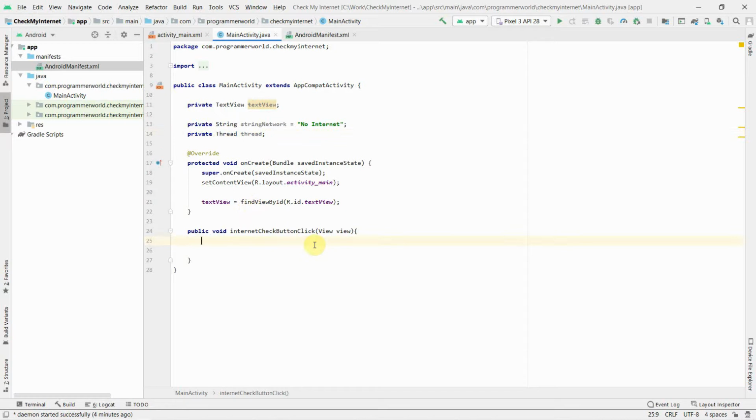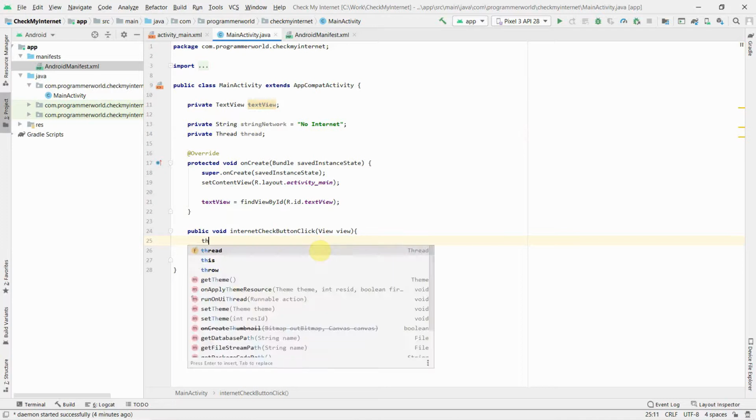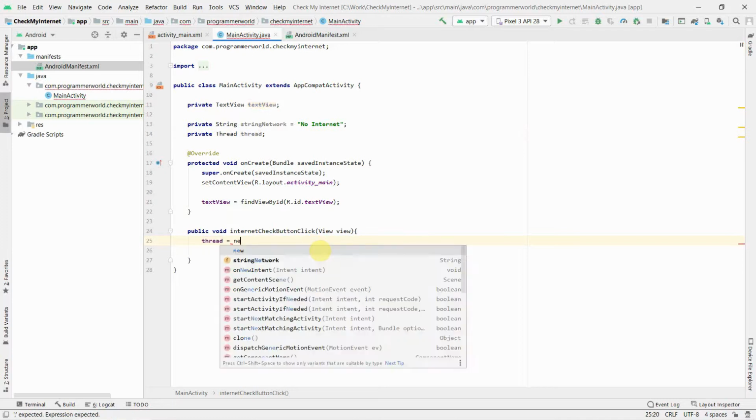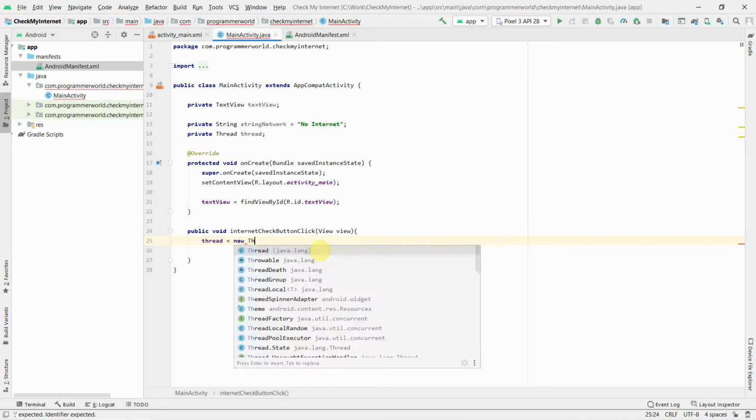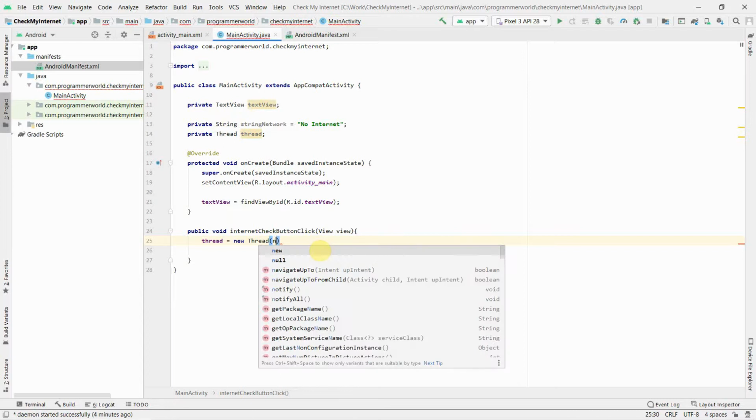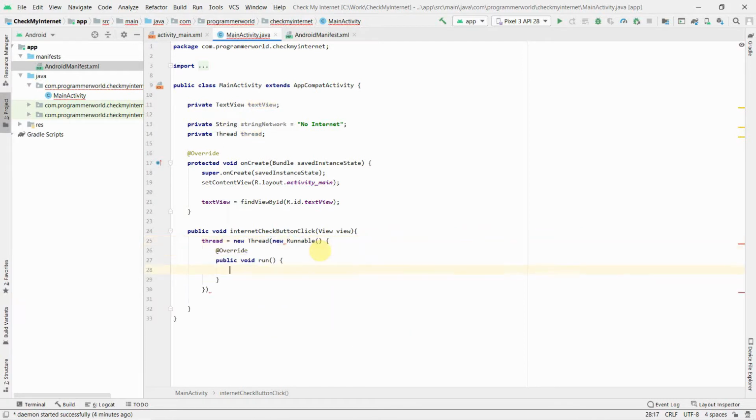Once done, in our onClick method, we will create a new thread each time. So new thread, and here we will create a runnable which will run a particular method, at line number 28, whenever this thread is called.